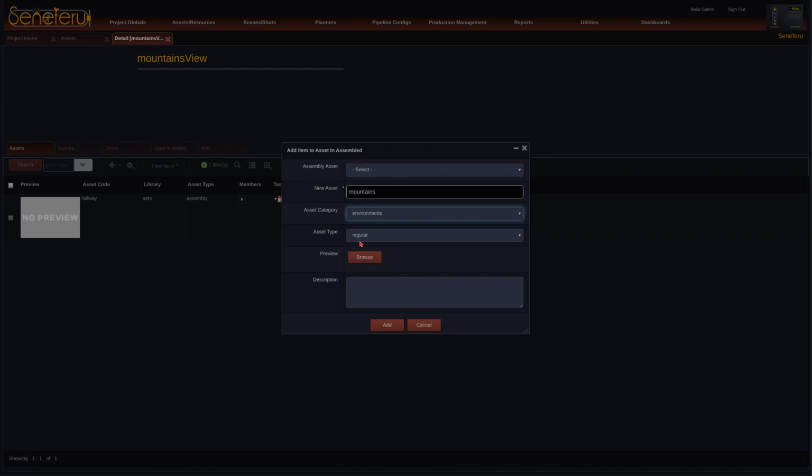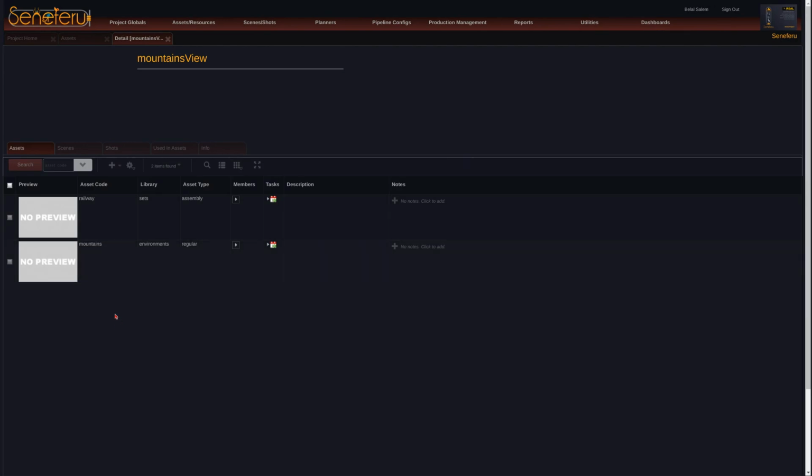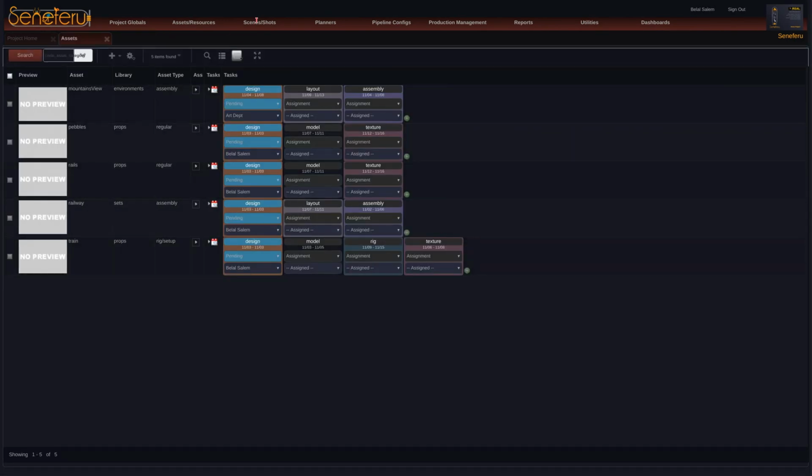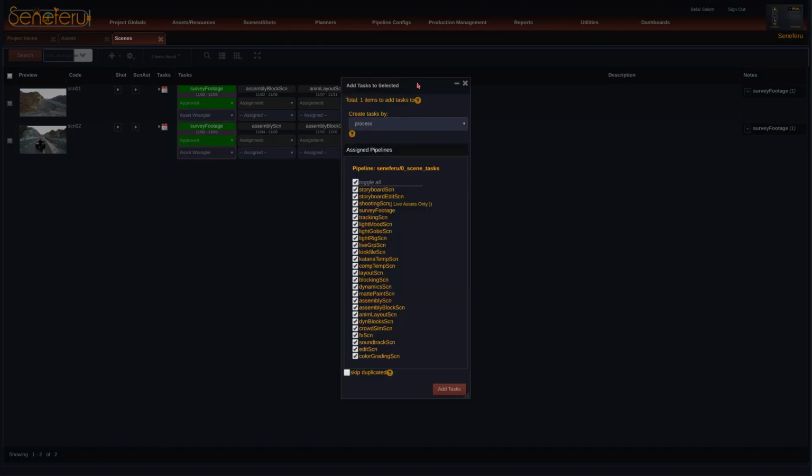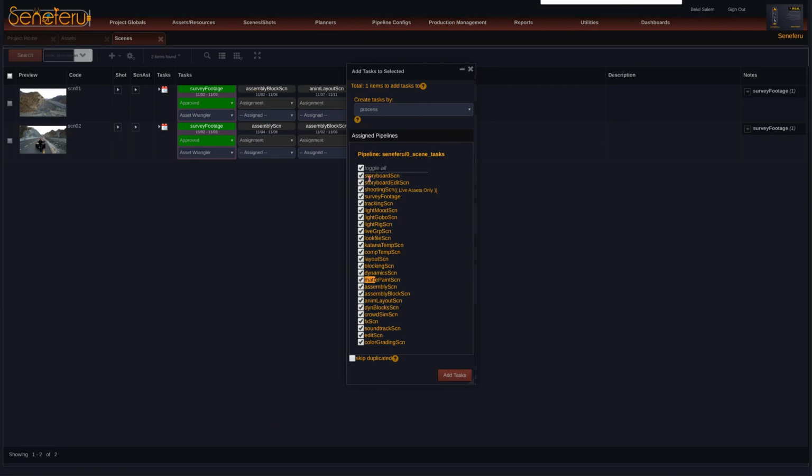Make the asset type environment, and let's go for the scenes, and let's create here a matte paint task. And let's say that we are also going to create crowd simulation for the whole scene, which will be maybe some people around the rails doing anything. Let's make crowd sim, and